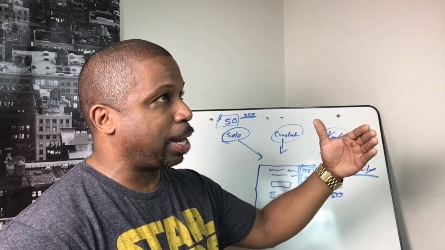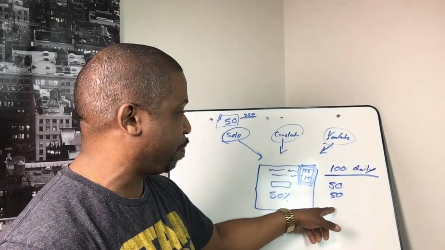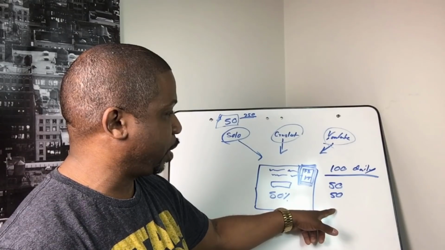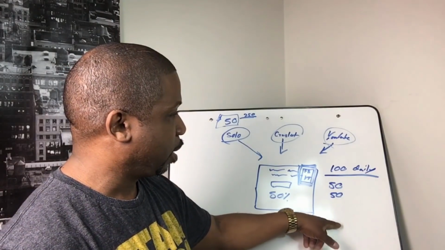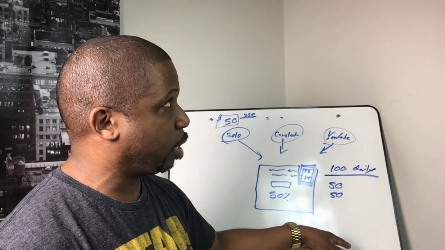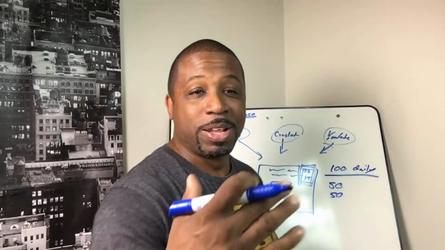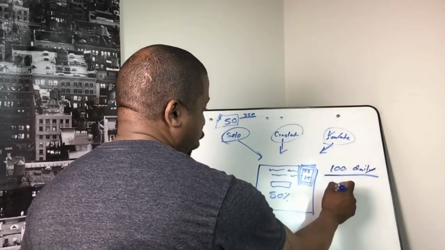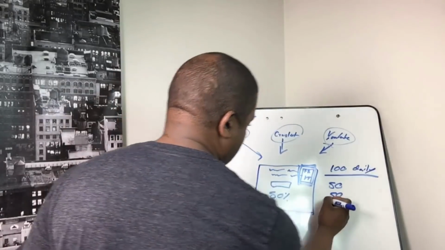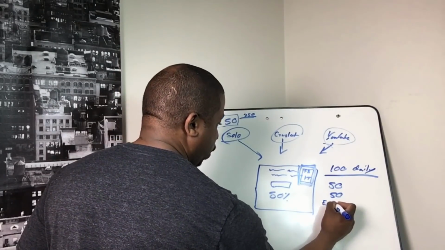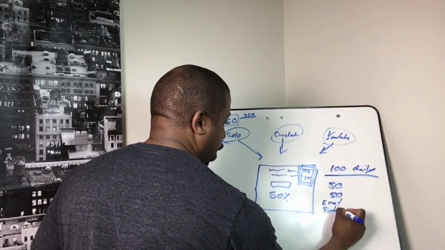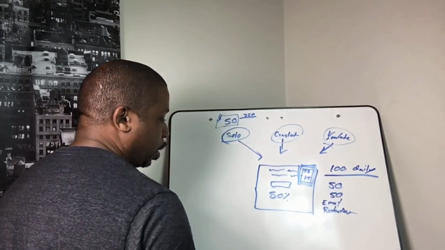350 times 4 is 1,200. We're doing some hard math. Let's say 1,400 people a month that you're going to be bringing into your top of funnel. Then you have your email campaigns that are going to go out, then you have your retargeting on Facebook and YouTube, and then